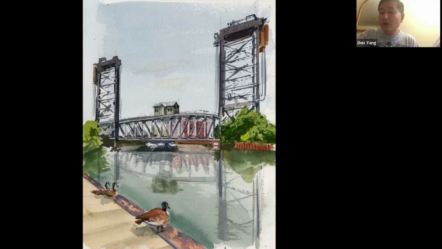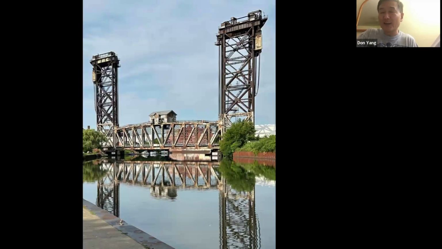That's just to create the kind of character this old bridge house shows, as opposed to a much more clean, very modern bridge that we see in some other places. So that would be the only suggestion that I would make here. But yeah, I really like the treatment of the bridge and the water and the sky there.